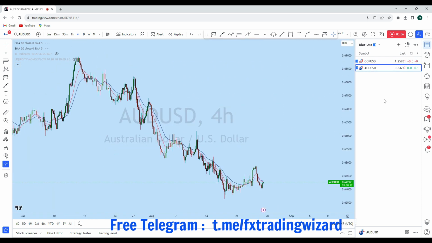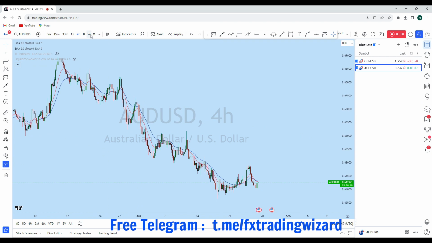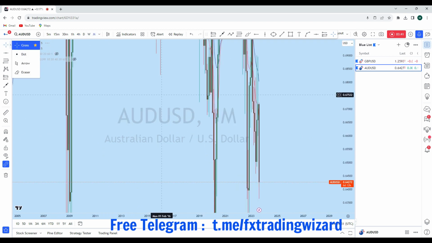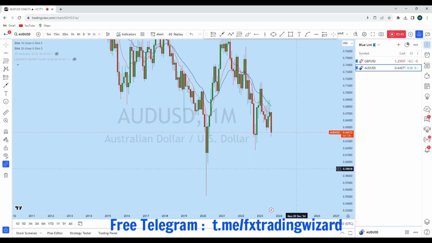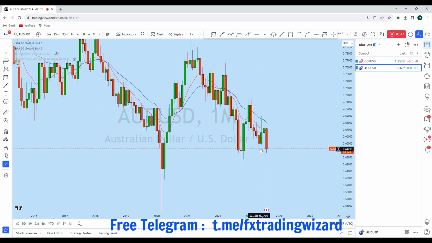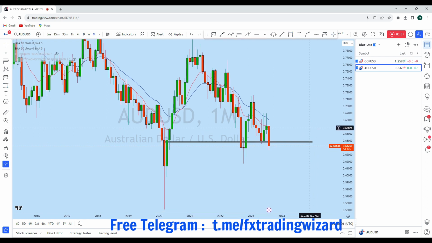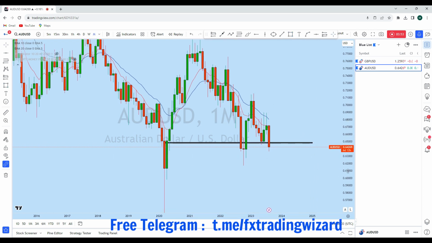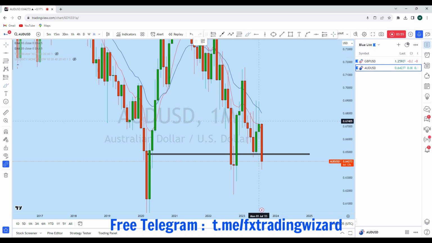Now if we look at AUD USD in exactly the same manner, from the monthly we see that AUD USD is currently below all this monthly support level. This is the previous monthly swing low. The price has broken this monthly support, and as the monthly close is coming, I think we could see AUD USD closing above, and then in the upcoming month